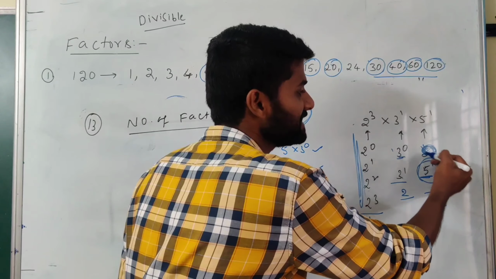Okay, for example, 14th question. Number of factors not divisible by 5. So this is the question they gave. If you want to calculate the number of factors which are not divisible by 5, the total number of factors is subtracted by the total number divisible by 5. So the total number of factors we already calculated is 16, and the total number divisible by 5 for this particular question is equal to 8. So the answer is 8 only. Clear?